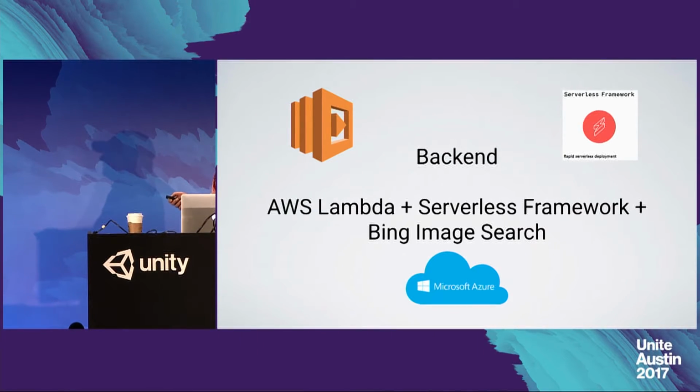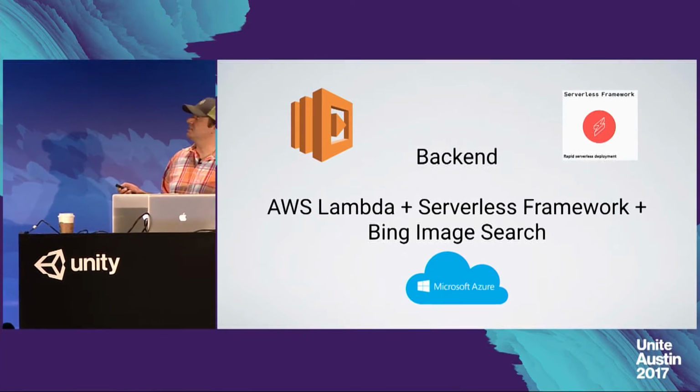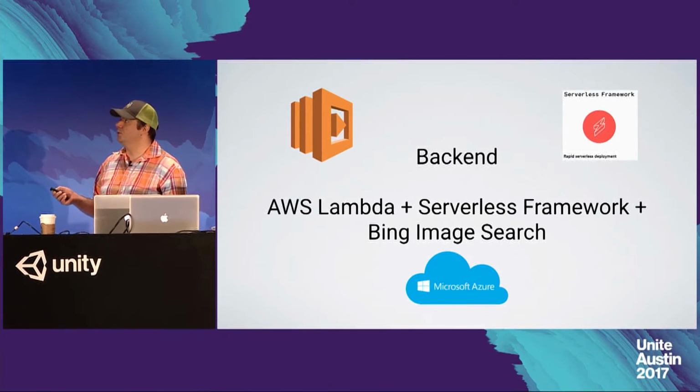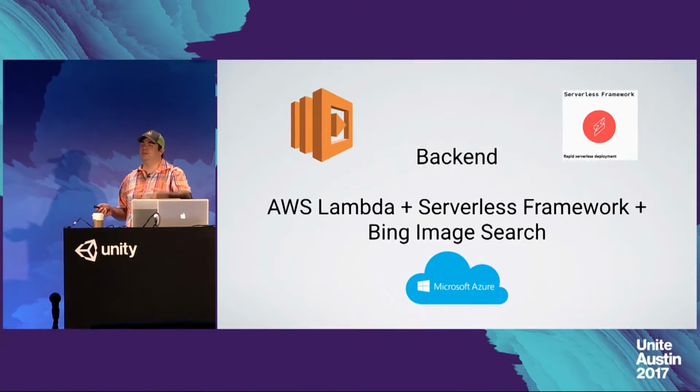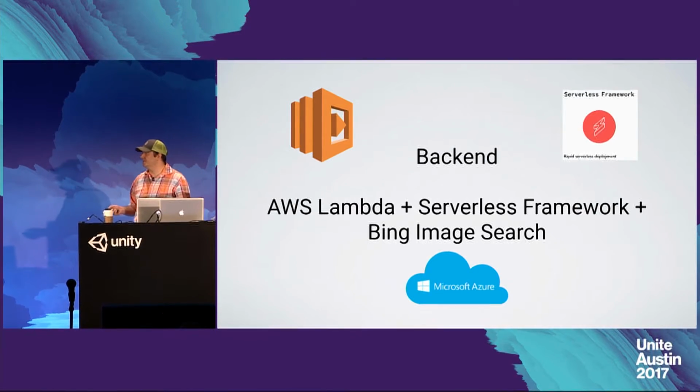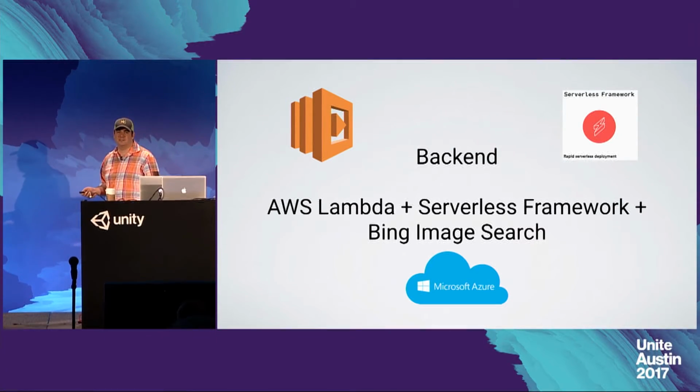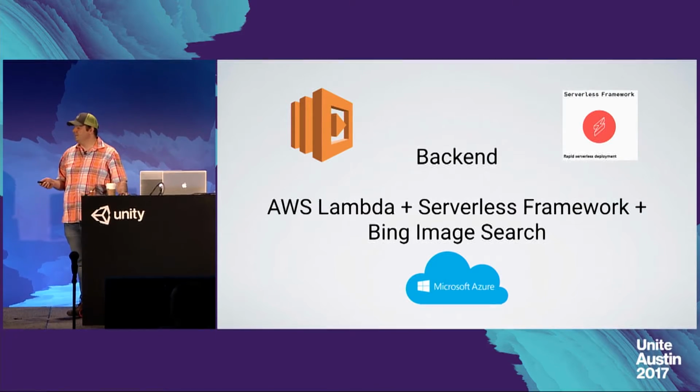Up here, this is AWS Lambda. This is the serverless framework. This actually does deploys to AWS Lambda so that you can write your code locally and deploy it out, and it's actually a pretty nice framework. And then I'm actually using Microsoft Azure / Bing image search because it's way cheaper than Google image search, but